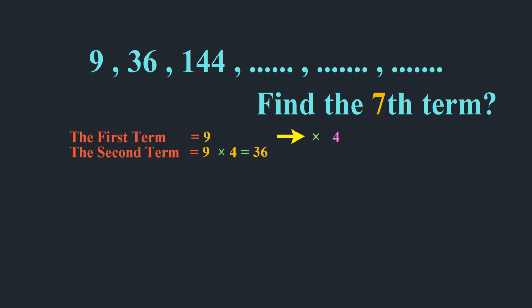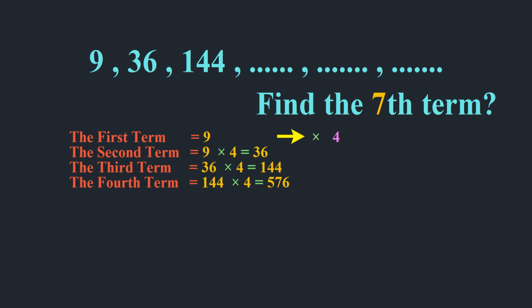And the third term is 36 times 4, which equals 144. And the fourth term is 144 times 4, which equals 576. And the fifth term equals 576 times 4, which equals 2304. And the sixth term is